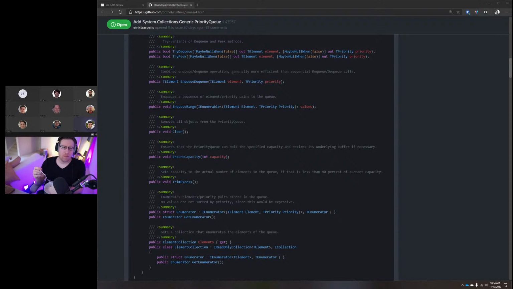The other approach is to just include a hash table inside your priority queue implementation, and you'd be able to quickly work out the index of the element you're trying to update.